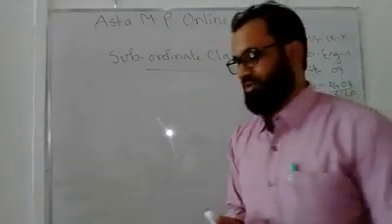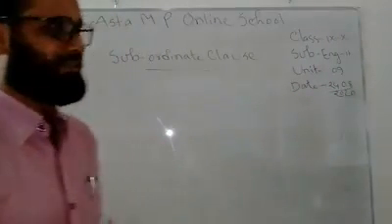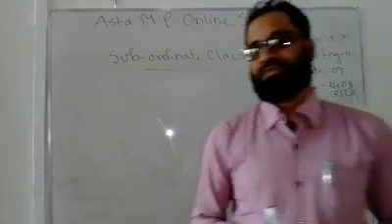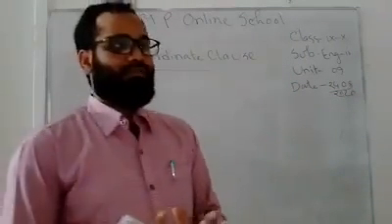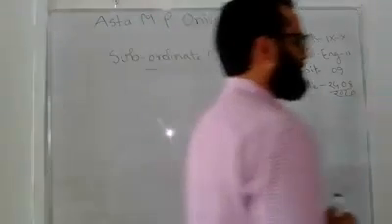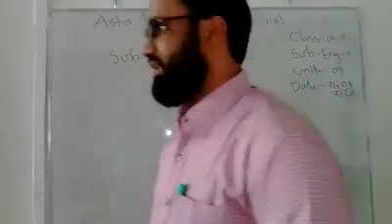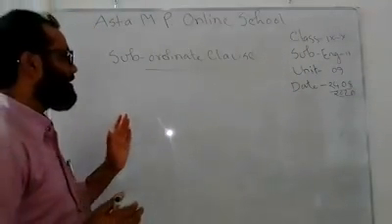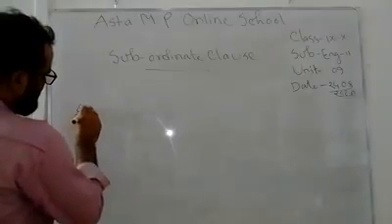Subordinate clause is a group of words that have a subject and a predicate but can't stand by itself as a complete sentence because it can't express its meaning without the help of other clause, while an independent clause can express its complete thought without the help of another clause. Actually, this will be clear to you if I give some examples. So let me give some examples. Number 1,